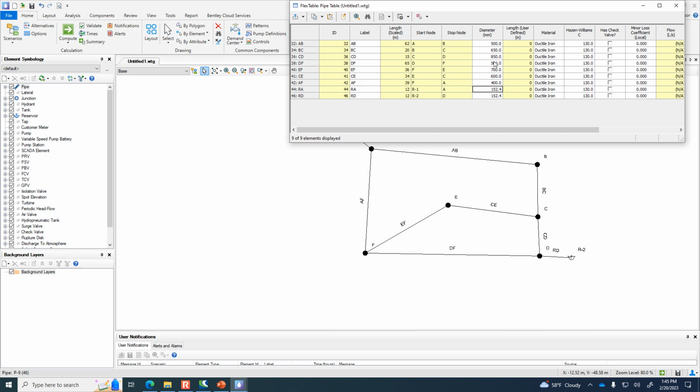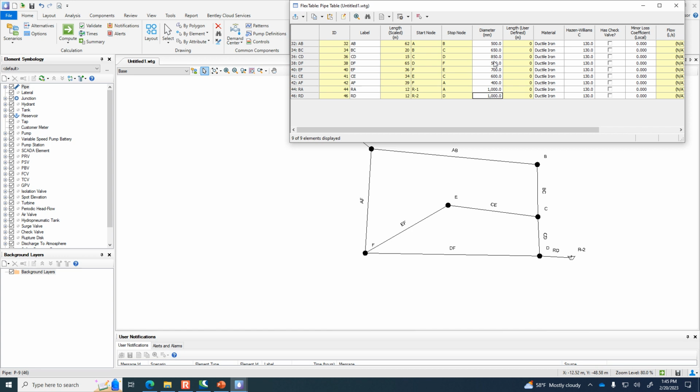For the one that connects the reservoir, let's make it a really big pipe because I just want there to be essentially no head loss through that pipe. So I'm going to say 1,000 millimeters for the pipe that connects the reservoir to the pipe network. So it's a gigantic pipe. In the handout that I've given you, it says that all of the pipes have an epsilon of 0.3 millimeters.